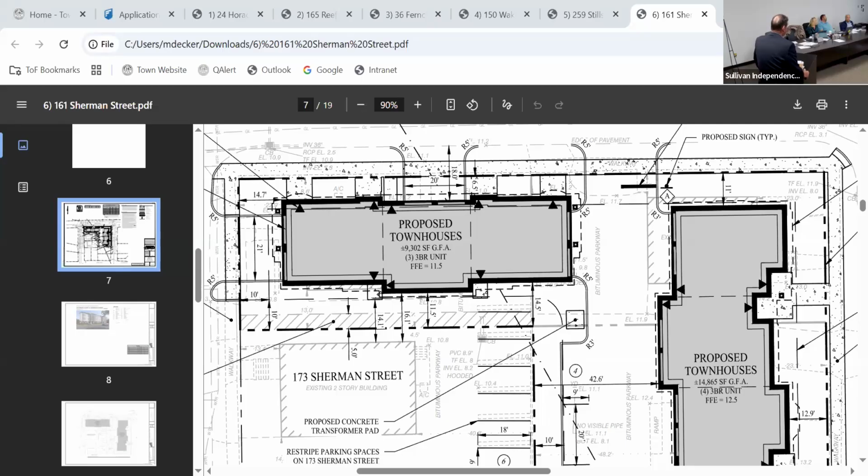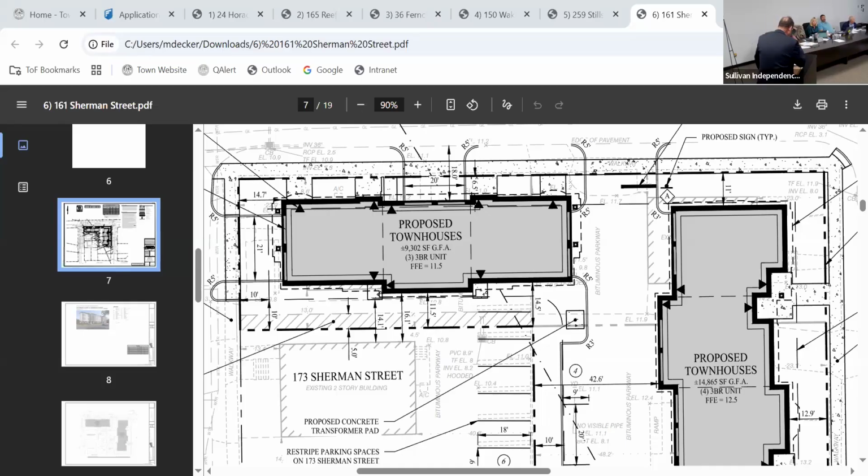The existing tenants either have leases that are expiring, have vacated, or have the ability to move. And there will be, we believe, a decrease in traffic over what is there now, given the fact that, just looking at the numbers on these lots, you need 34 parking spaces for the uses that currently sit on the site, which means you're anticipating cars, and those cars come in and out all day long.